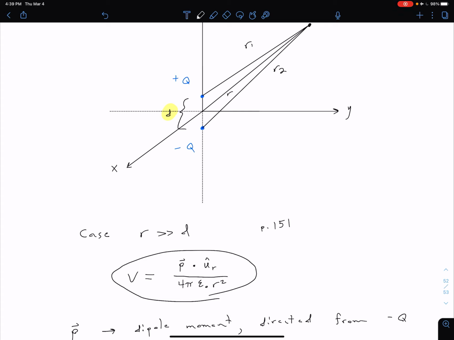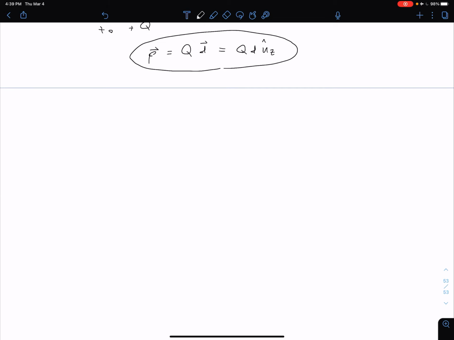With that, we can go ahead and generalize for the case of a dipole centered at some other point. Again, we started at the origin, but let's say we want to generalize for some electric dipole centered at some point located by position vector r prime. Remember, our prime notation is for our source points and our unprimed for observation. So if we put it at that point instead of the origin,